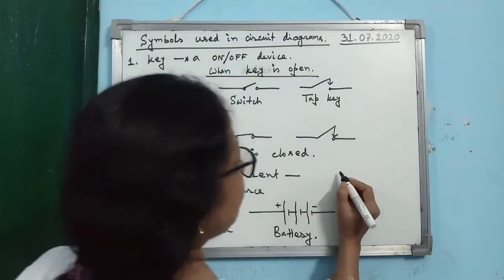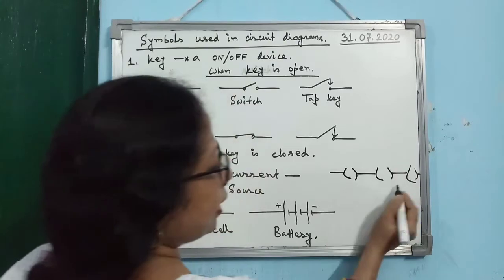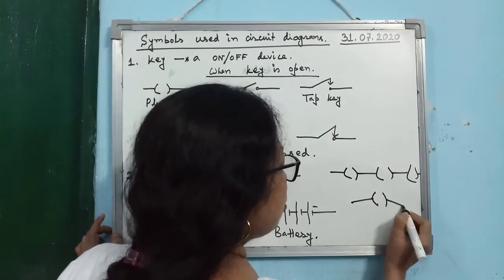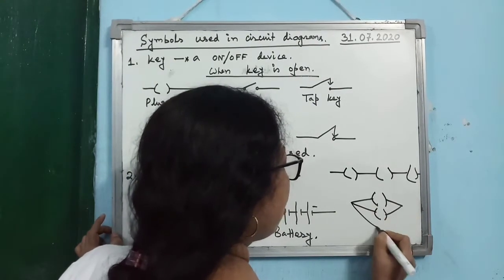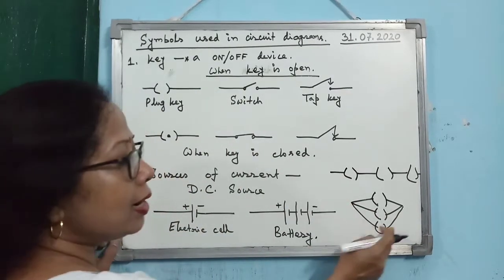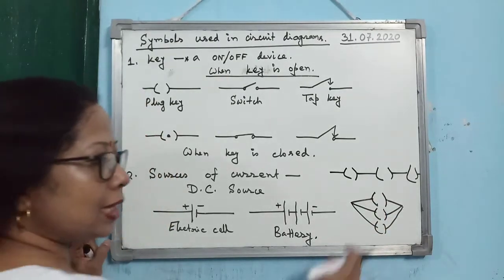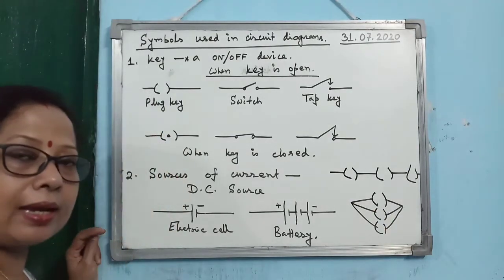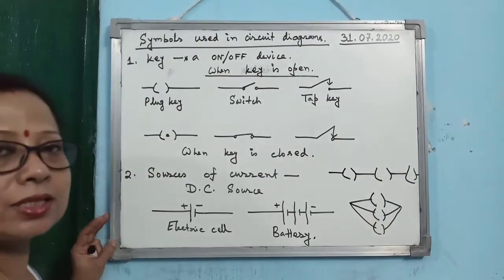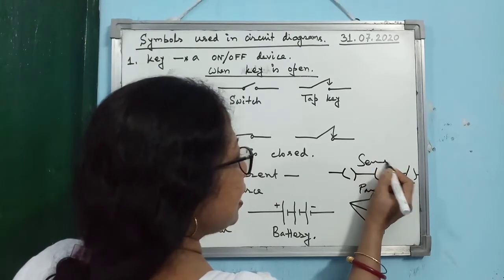If I draw the diagram here, suppose you are considering the key. You see, this is a series connection. One by one you are connecting. And then another connection is known as parallel connection, when the left sides of all of them are connected together. You see, left sides of all the keys are connected together, right sides are connected together, then they are face to face. So when you are placing the electrical devices face to face, joining their left hands together, right hands together, then that is known as the parallel connection. This is the parallel connection and this is the series connection.